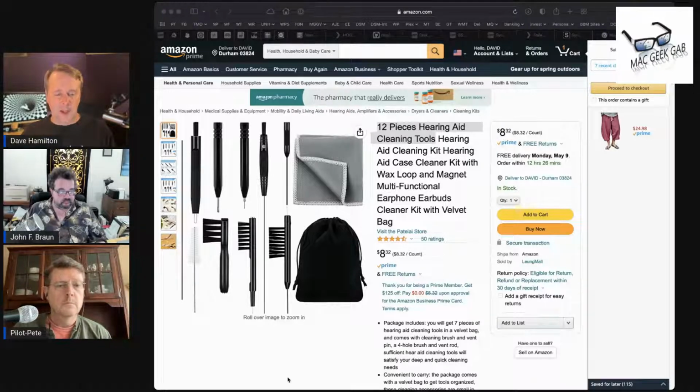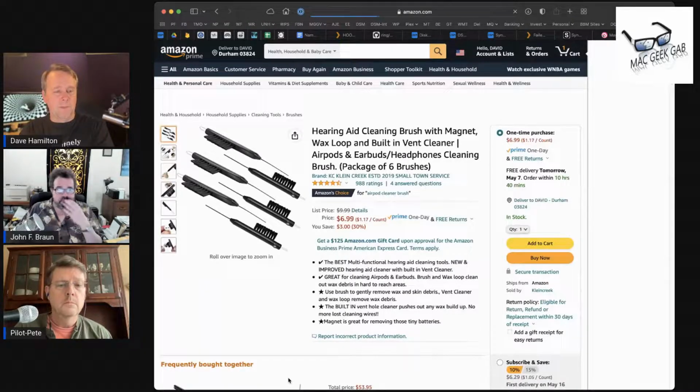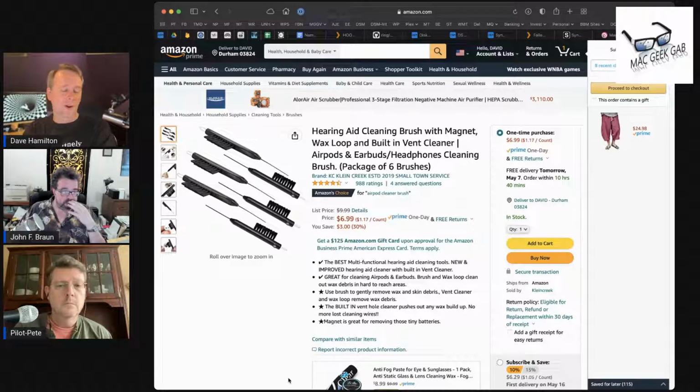The other thing that I found on Amazon was just a pack of brushes that have a loop with a brush on the handle. Let's put it that way. So you could use the loop to get the big pieces out and then use the brush to brush and clean the rest of it. That's how I would clean these things.